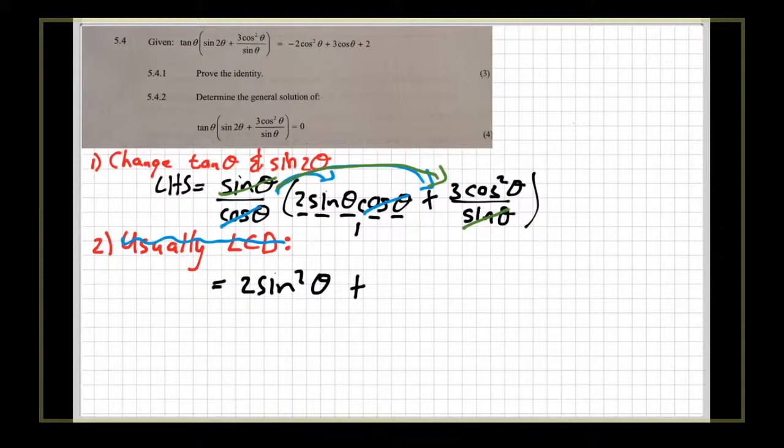And actually, awesome, that cos, let me go for pink, that cos divides away with one of those, leaving me at the back with simply 3 cos theta. Lovely, beautiful. But now we are sitting with an issue. My left is not equal to my right yet. So here is where step 3 of my usual modus operandi would be to look for